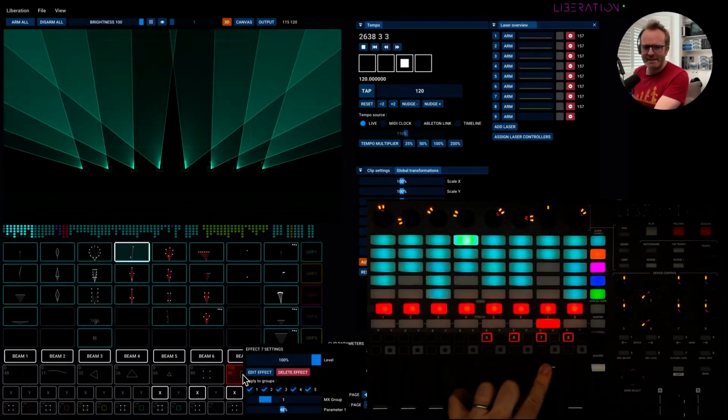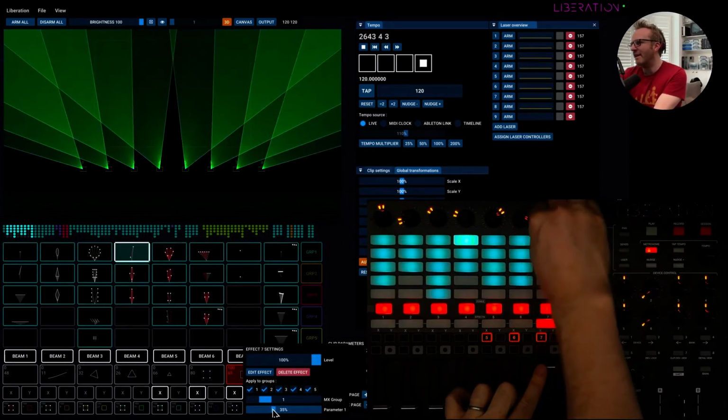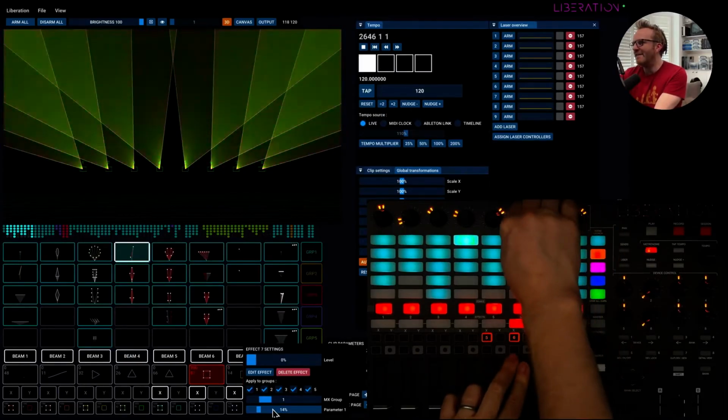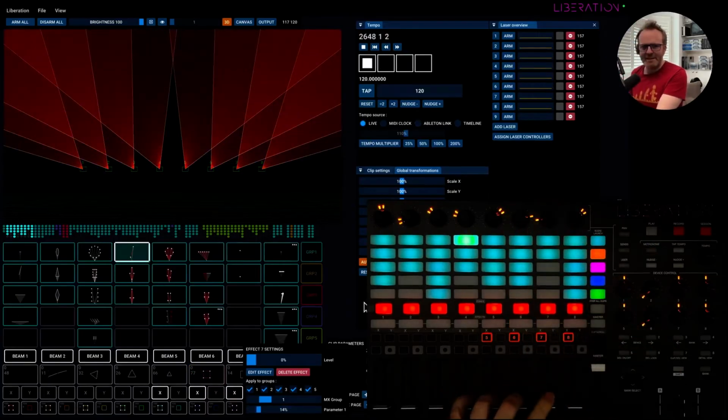Alternatively, you can adjust that with the mouse by right-clicking on it, and you'll see the parameter 1 here. So you can adjust it here with the mouse too, but it's much easier to just adjust it with the rotary. So the same goes for this effect, also adjusts the hue, but different effects, like I say, do different